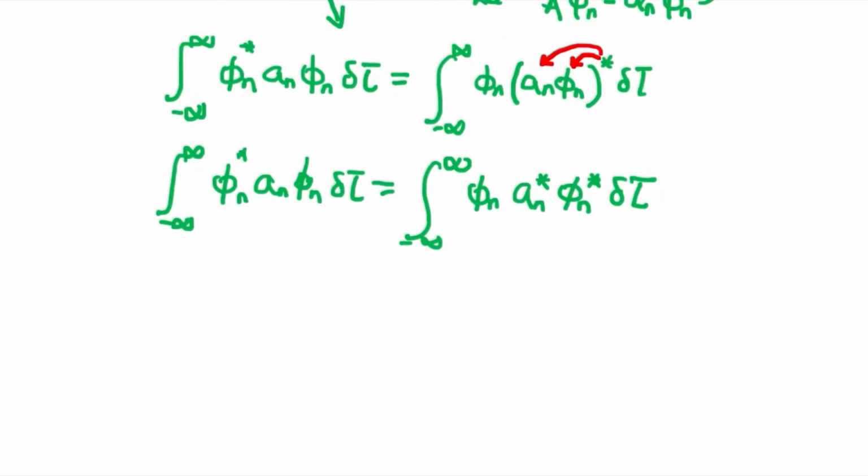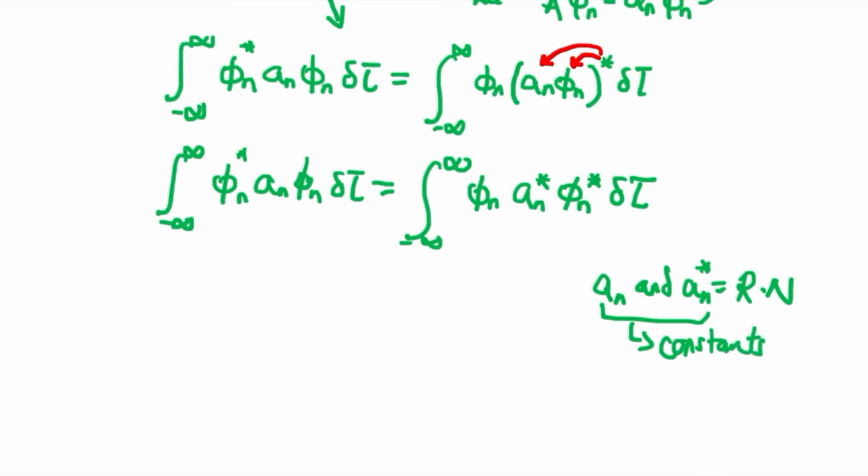Now take note that a_n and a_n complex conjugate are actually real numbers, and since they are real numbers, then if you're tagging them, you're actually making them constants. And if you put a constant inside a particular integration, what that means is that you have to pull them out of the integration and treat them as constants, because integration doesn't act on a constant. So what that results in now is putting our constants out, which are a_n and the complex conjugate of a_n, which are real numbers, and we're going to rewrite now everything inside the integration with respect to phi, and phi